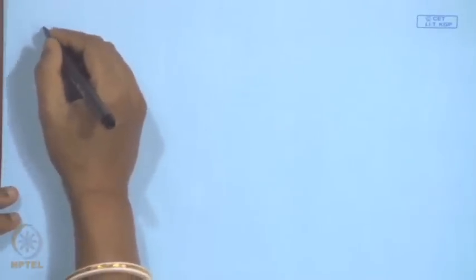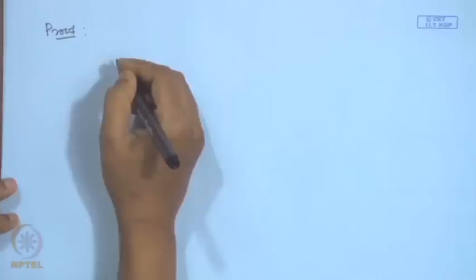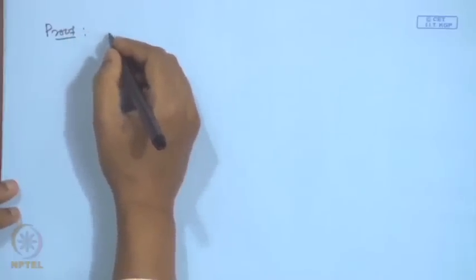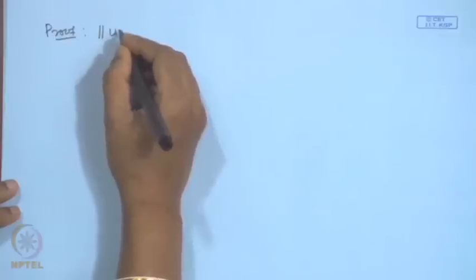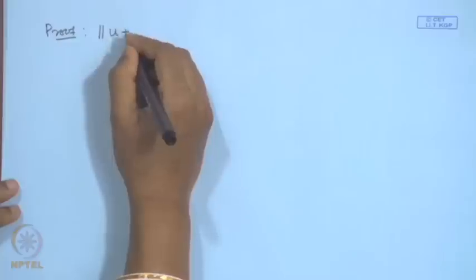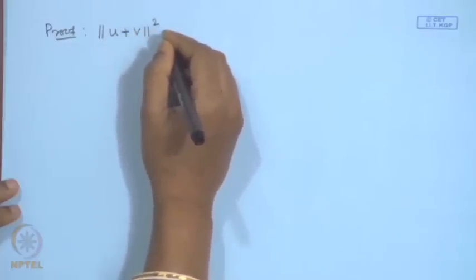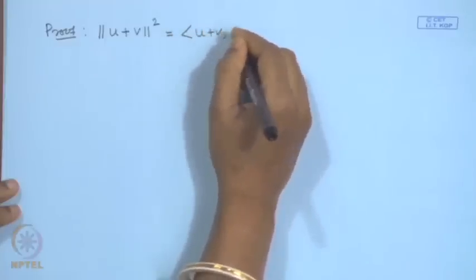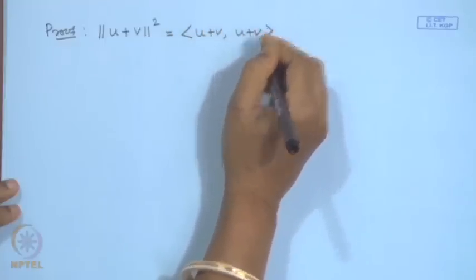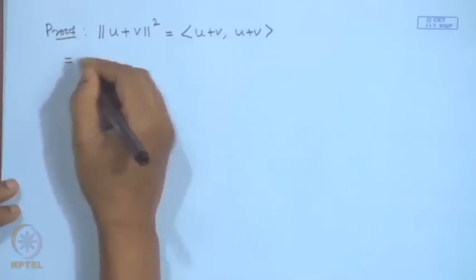Using the Cauchy-Schwarz inequality, we can give a proof of this, that we obtain by expanding this norm of u plus v. This square is equal to the inner product of u plus v with itself, and on simplifying